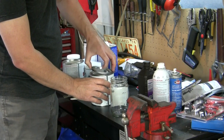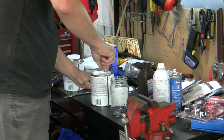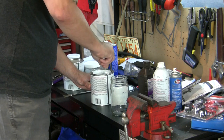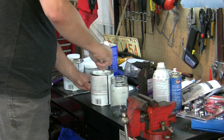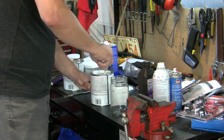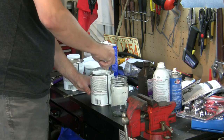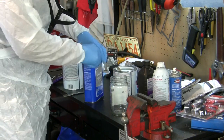So starting first with my primer, I gotta stir this up first. I'm scraping the bottom to see if there's like a stiff layer down there. If this has sat on the shelf for a long time, you'll feel it. This does not, so I'm not gonna have to stir this too long. But alternatively, you can grab this off the shelf at your hardware store or paint store and just hand it to the guy and have him shake it on his machine for a few minutes before you buy it, if you're going to go home and paint right away that day. This has sat around here for a few days,